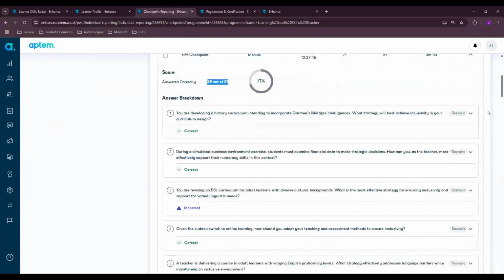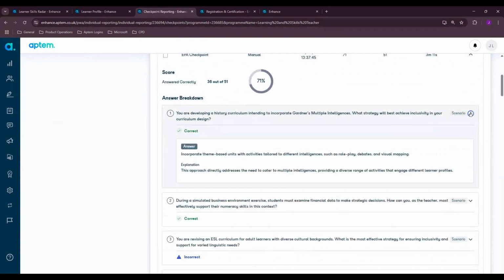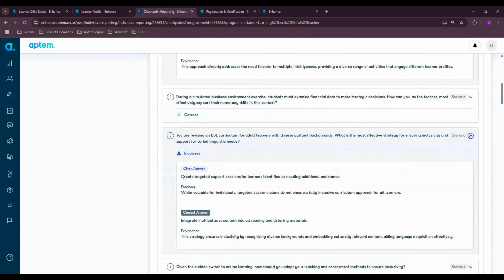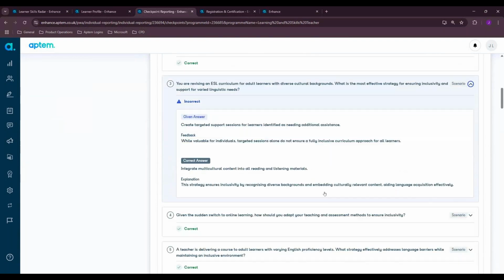And we can see here what questions were answered correctly. And if I drill down, you can see what is correct, what answer was given, and an explanation as to why that is the correct answer. Where an answer is incorrect, it will tell you the answer that was given by the learner, what the feedback was to that learner because they got that question incorrect, and it also provides the correct answer and an explanation